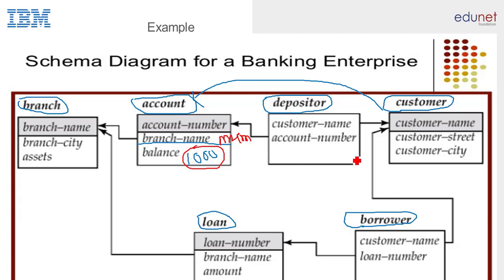Next, what is the relation? See, a customer has an account, and they have a balance in the account of 1000 rupees. They also have a depositor record, meaning I deposited 1000 rupees in my account, so it maintains the record of depositing, identified by account number. With the help of account number, I am depositing, with customer name and account number. Similarly, where it is deposited, it specifies the branch name. In the branch table there are branch name, branch city and asset. So this is the relation.